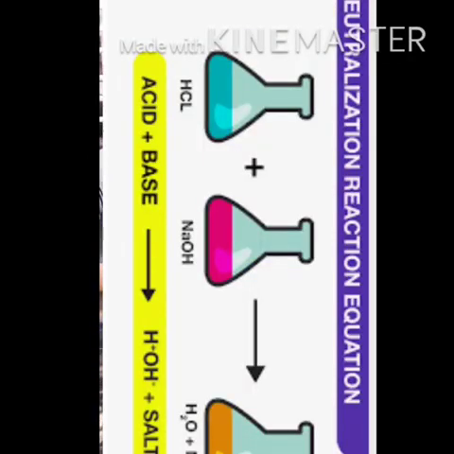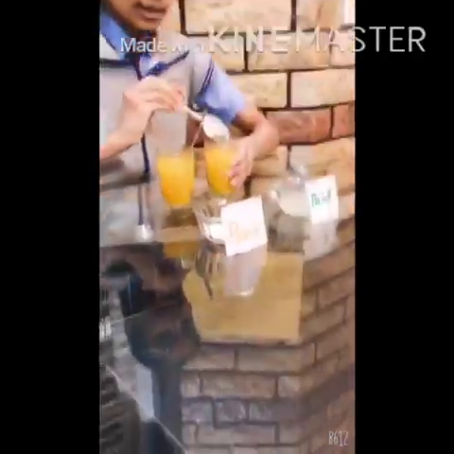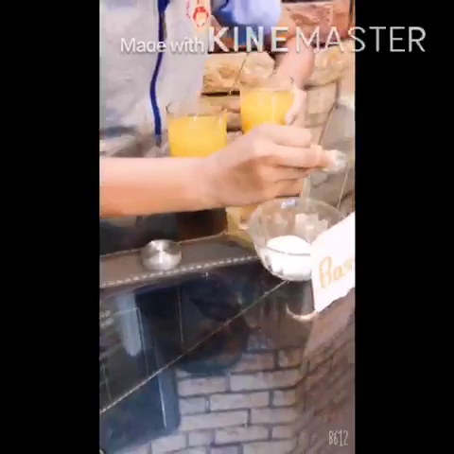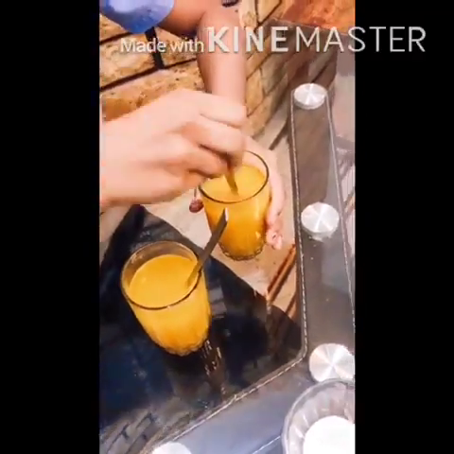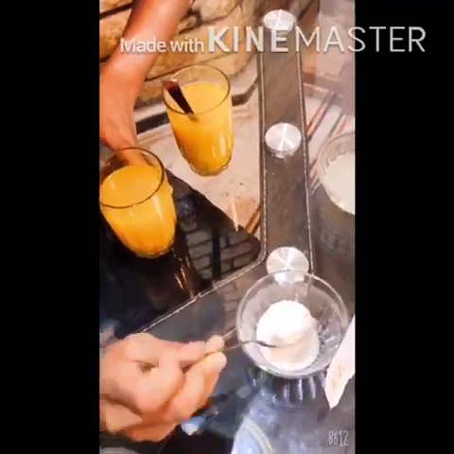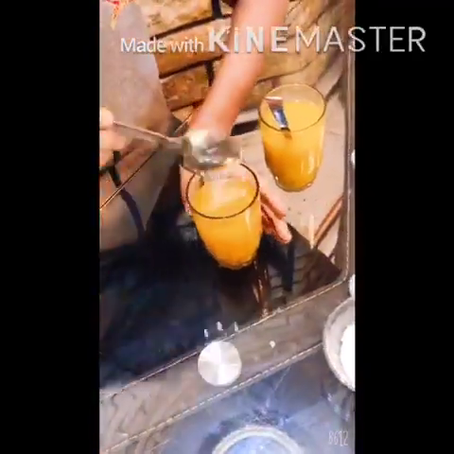So I am showing here a neutralization reaction. It is a reaction in which acid and base combine to give salt plus water. So I have taken 2 glasses of turmeric water without addition of any other substances, with acid as lime water and base as detergent. So let me take 1 spoon of lime water and add it to this turmeric water. No change takes place. But when I add this detergent to this turmeric water, it changes into a red or orange color.